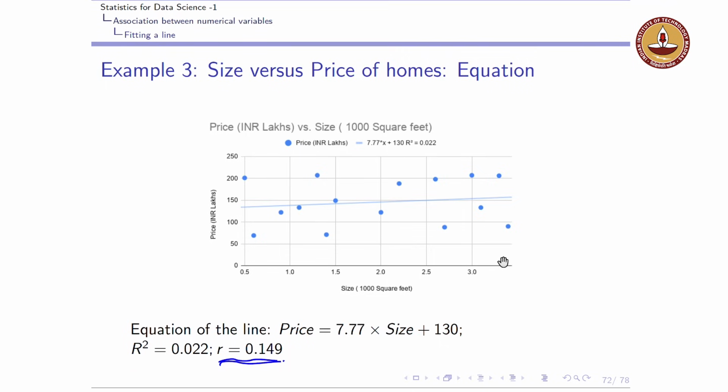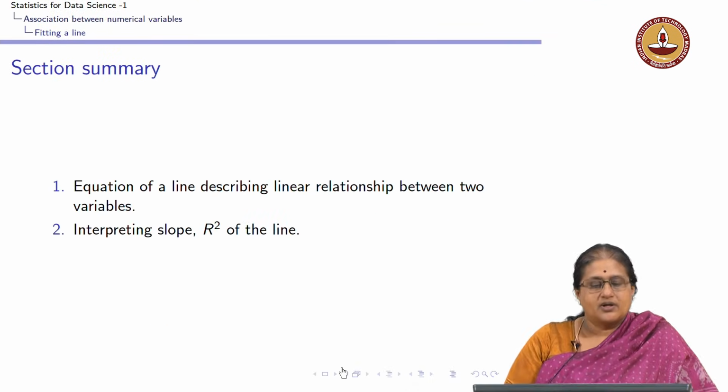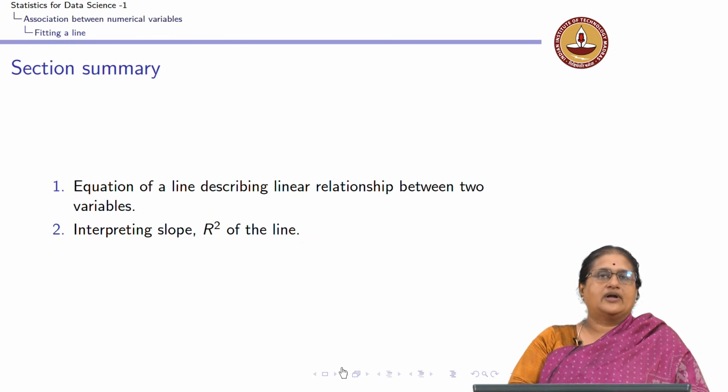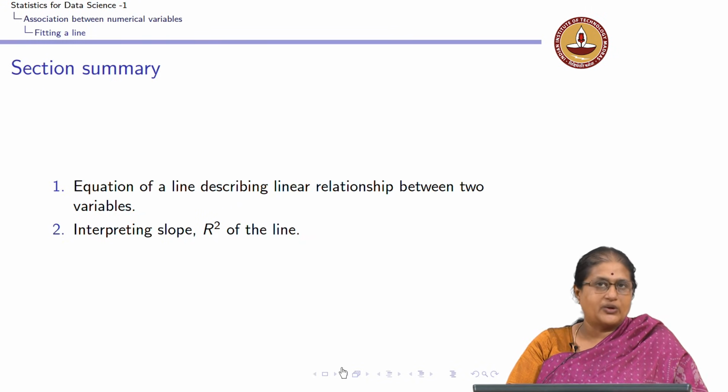It is giving me the equation of a line, but what you notice about this line is it is almost parallel to my x axis, and your R square is closer to 0. So, when your R square is closer to 0, the goodness of fit measure is also very low. When your R square is close to 0, it quantifies the strength of the relationship, and you can say that my line is not actually describing this association very well. So, in summary, what we have looked at is how do we obtain the equation of a line.